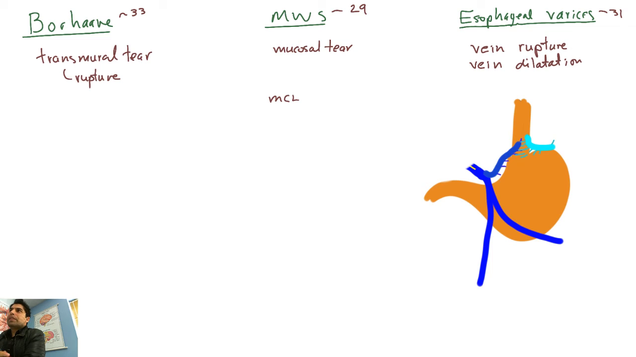See, esophageal varices can be a silent disease. You have no issues. It's just the veins are dilated. You don't even know. The problem is when it ruptures. When these veins rupture, then you lose a tremendous amount of blood. So at the end of the day,